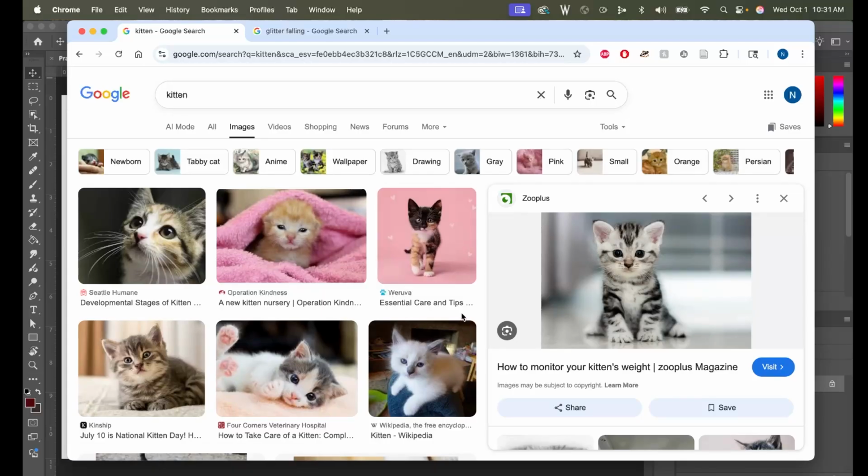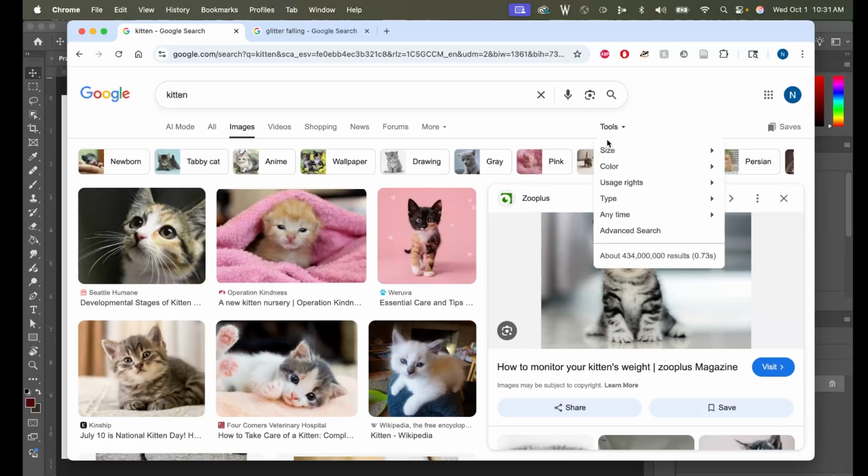Before I show you the process, I recommend you change your settings within your search by clicking on Tools, changing the size to large to ensure that any image that you are using for your project is of highest quality so that your final project is also high quality. Under Tools is also where you can change other settings, including usage rights in case that's something that's requested for